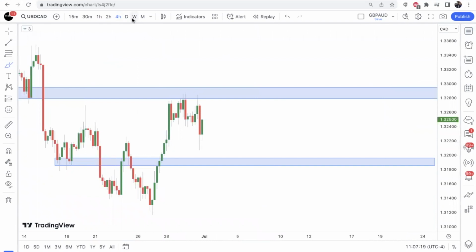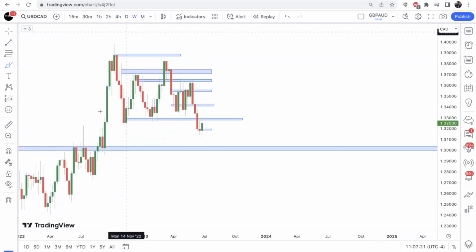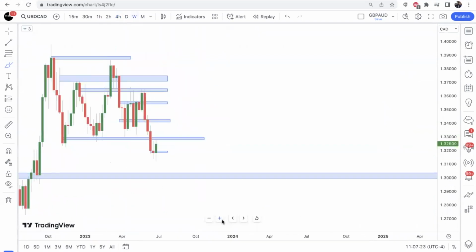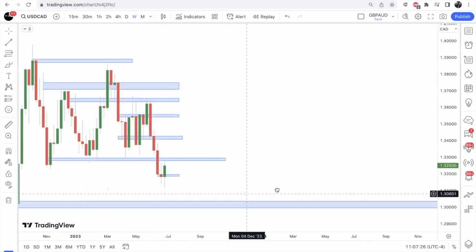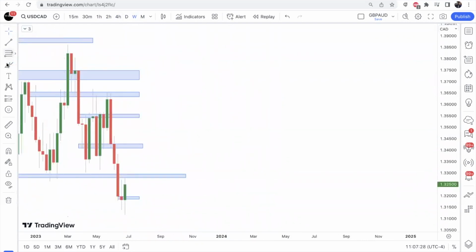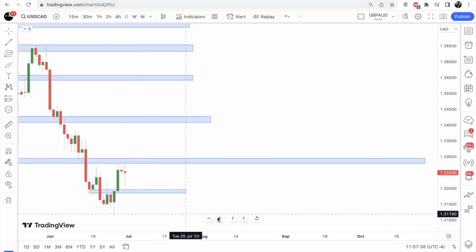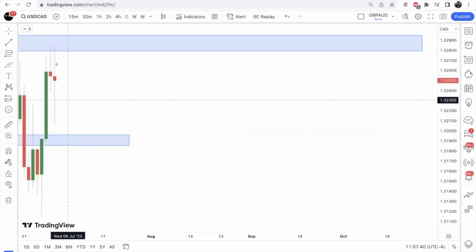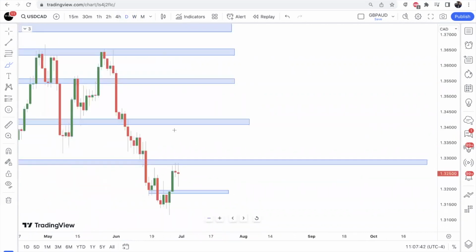UCAD, all right. UCAD is interesting. It's been bearish. We had a big sell-off on the weekly, on the daily, breaking structure lows. Now, if we look at this on the weekly, this is like a morning star, bullish engulfing, like a little morning star. So it could be setting up for a bigger move up. All right, but if we go down to the daily, price ended the week dropping and then kind of spiking back. So it's interesting to see how it's going to do.